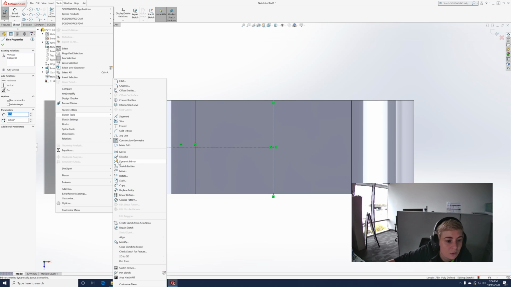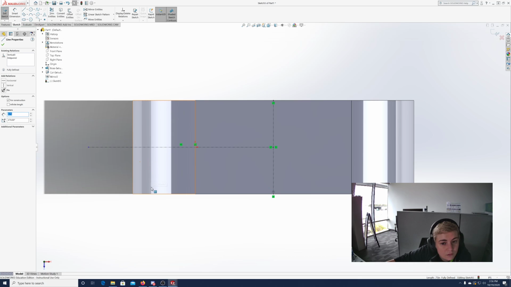It's this mirror tool with the little lightning bolt on it. It's not in my top menu, so I used my tools menu to get to it. If anyone has trouble finding that, let me know. Once you click dynamic mirror,